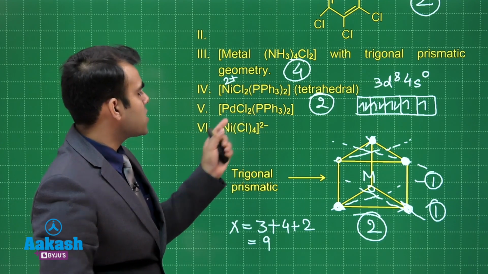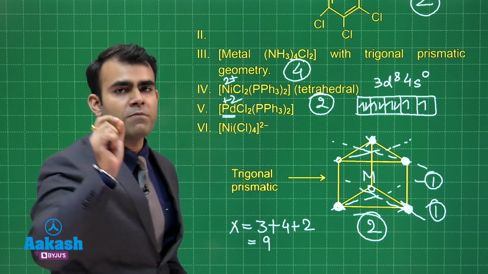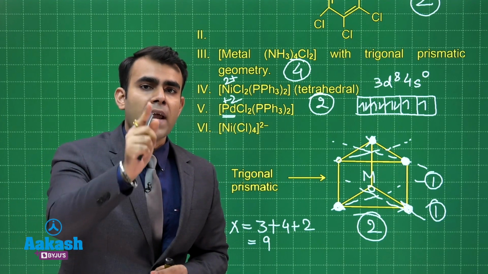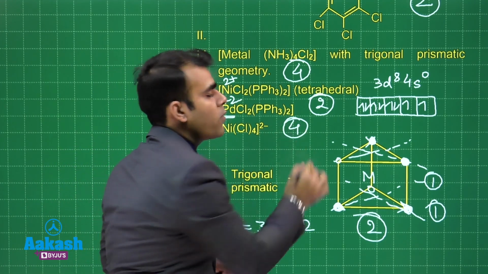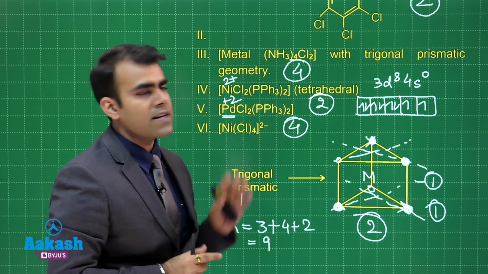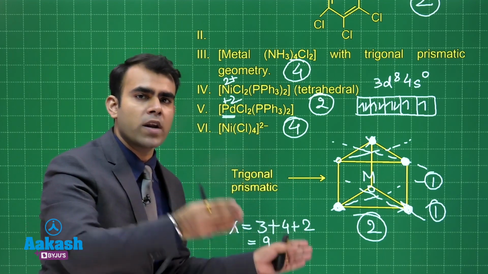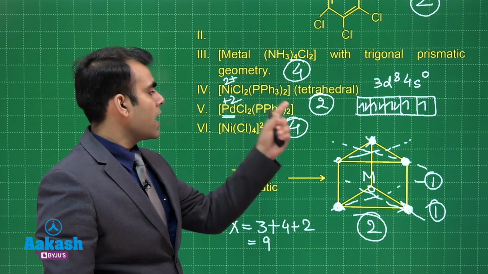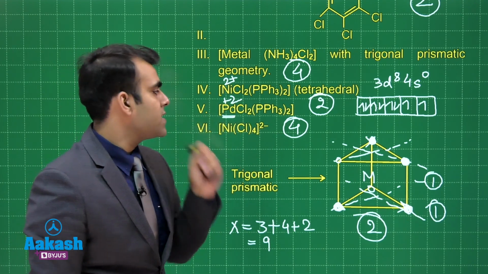Then for the second case, whenever you have +2 oxidation state of palladium and platinum, just remember this thing. Whenever palladium or platinum is in +2 oxidation state and its coordination number is 4, then the geometry is always square planar. It will never be tetrahedral. Whatever be the ligand, be it chlorine or water or hydroxide, if the number of ligands is 4 and the oxidation state is +2, it is square planar.